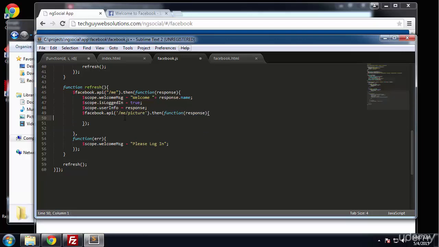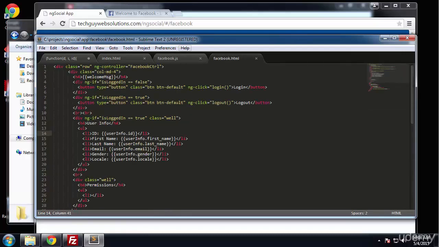Then we should get access to the picture. So we should be able to say scope.picture is equal to response.data, and we want the URL property. Alright, so that should give us the image URL. So let's save that and then go back to Facebook HTML, and we're going to go right under the welcome